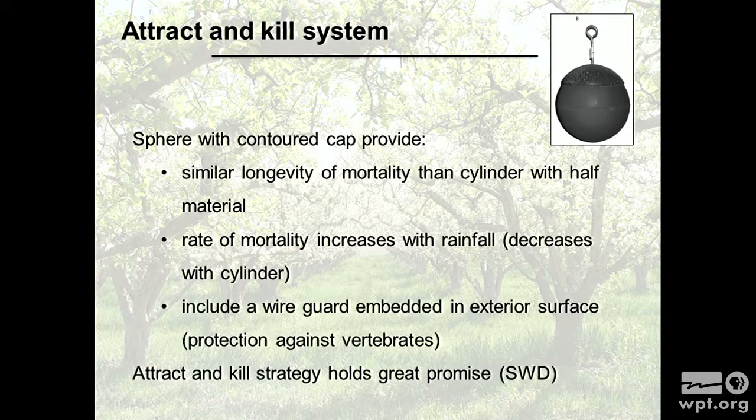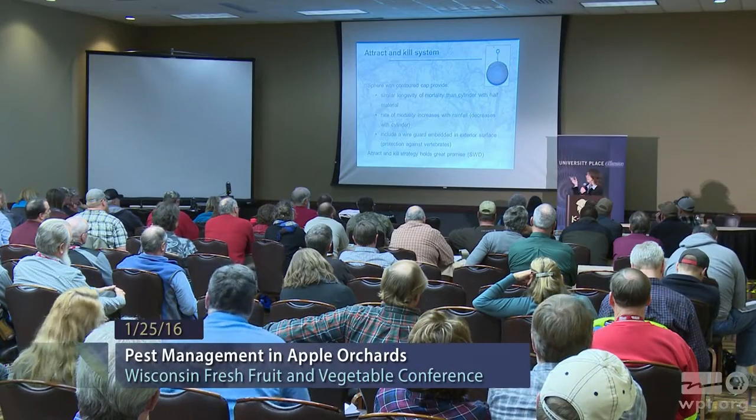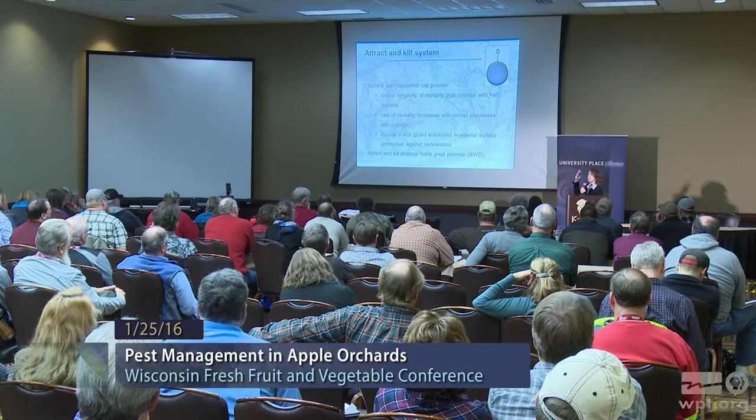So there's a wire guard, I didn't talk about that, but how they put that sucrose and wax, they compress it. It's a kind of an interesting process. They put a food dye in there, and then they put a wire guard that's embedded on the exterior of the surface, and that protects the sphere, the sugar, from invertebrates, or vertebrates, I mean, that could be going there and feeding on that, because they've had issues with that, so they took care of that at the same time.